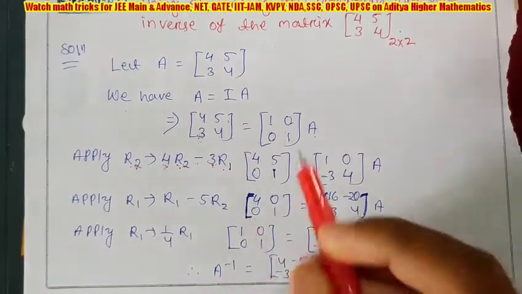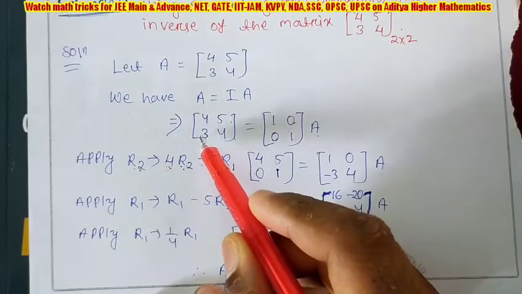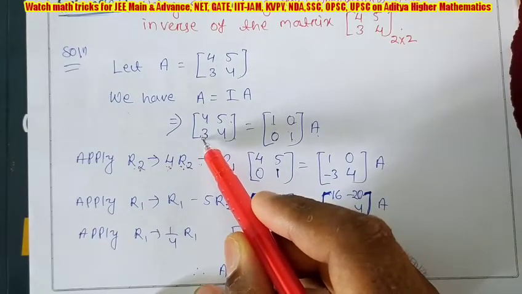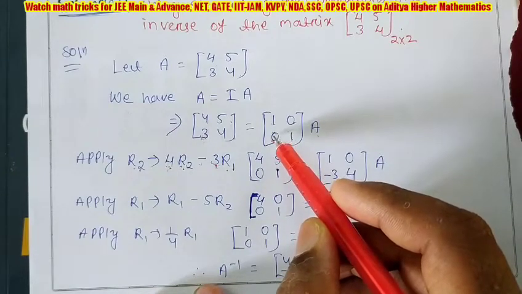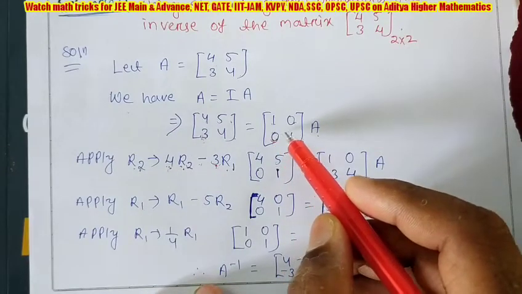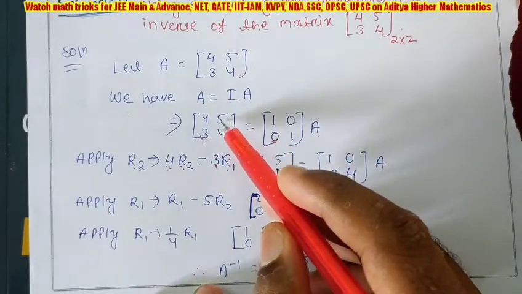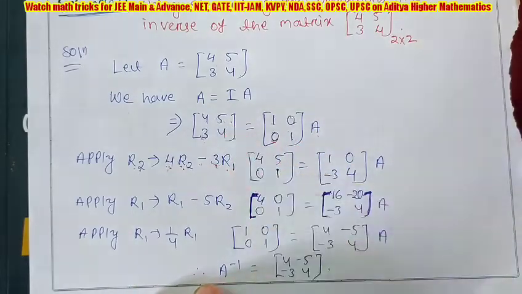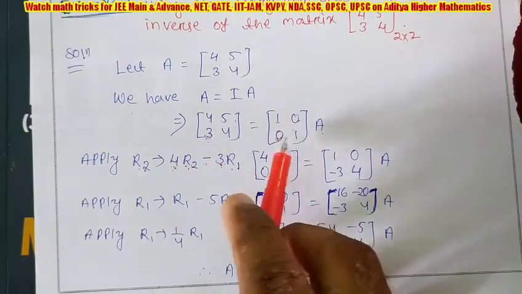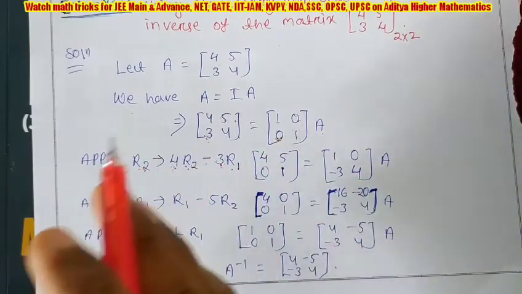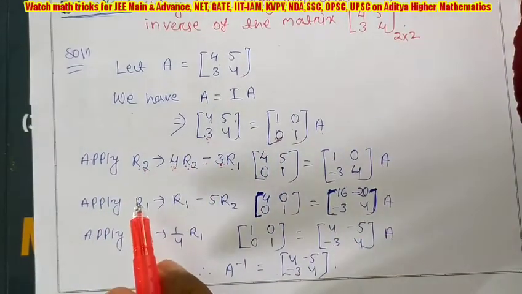So first we will change the element in R2. Here it is 3. You have to change this 3 to 0, because on the right side, in the identity matrix, that element is 0. Then, second step, you have to change the element in R1, which is in the A12 position, to 0. So you start from R2 first, because here R2 is 0 if you start from the beginning. Then listen to how to make it 0.